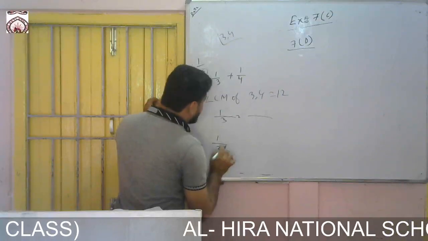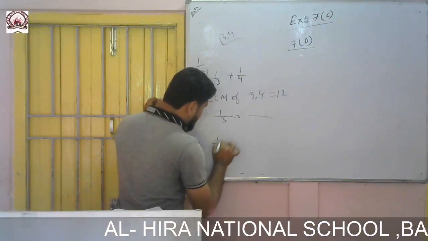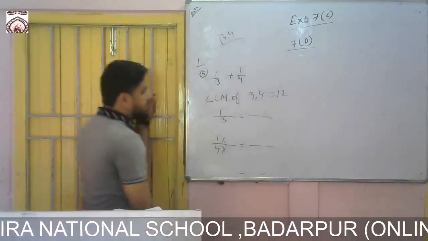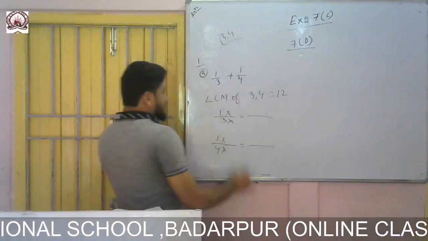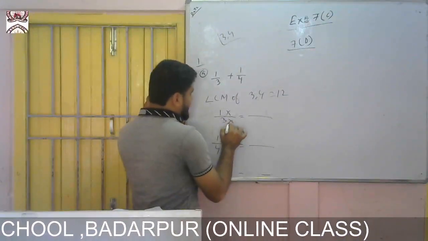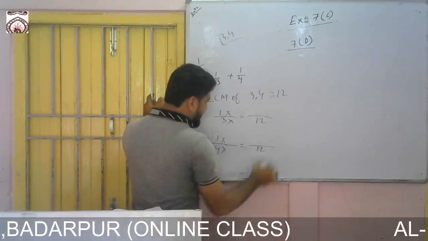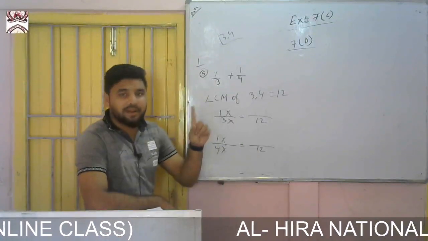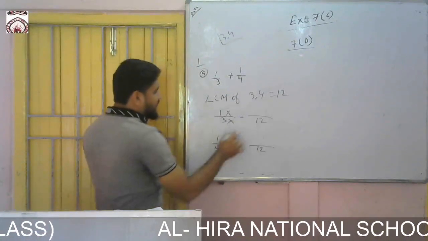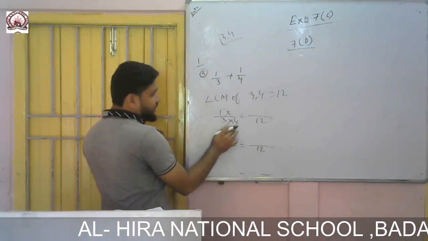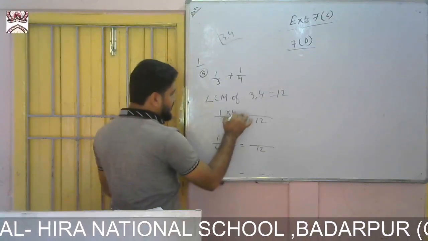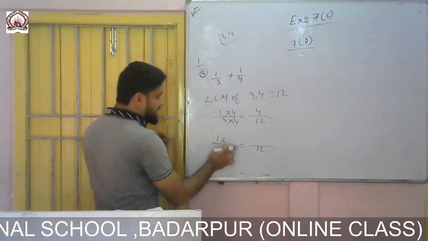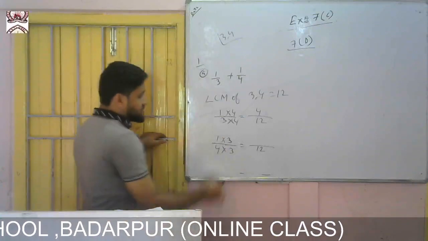Now make 1 by 3 and 1 by 4 with the same denominator. In every case it is 12, because we got the LCM 12. If I make the denominator same, it will become like fractions. 3 fours are 12, so if I write 4 here, I need to write 4 in the numerator also. So 4 ones are 4. Here 4 threes are 12, so I write 3 here and 3 in the numerator. So 3 ones are 3.